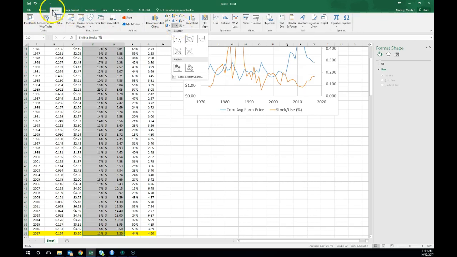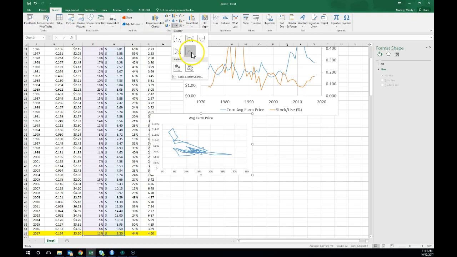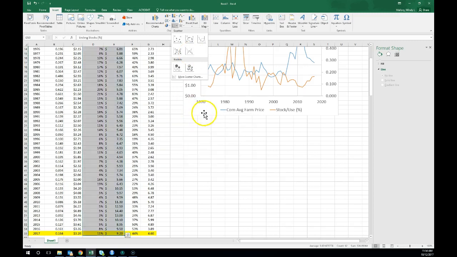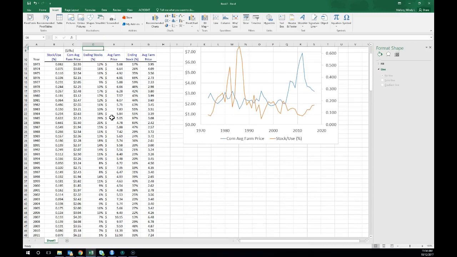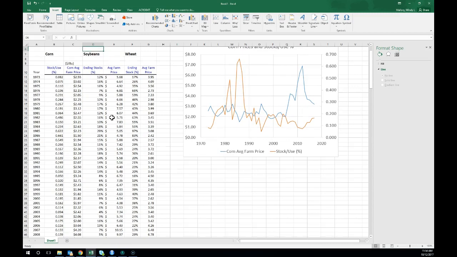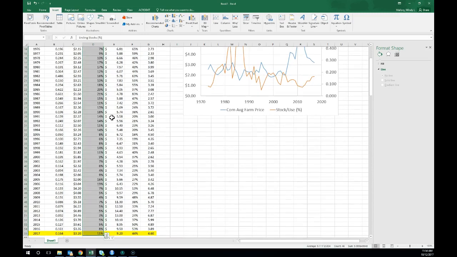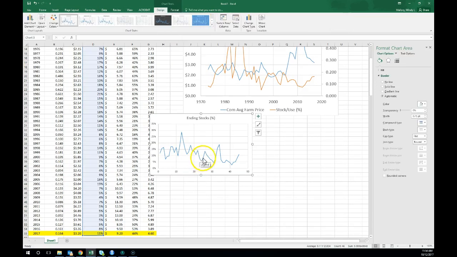So I went to Insert. I'm back here at the scatter chart. Oh, no, this. Oh, it thinks that I want an XY scatter chart. We may need to add these things one at a time. So scratch that. I'm going to select just the soybeans column and insert this chart, and I'm going to click